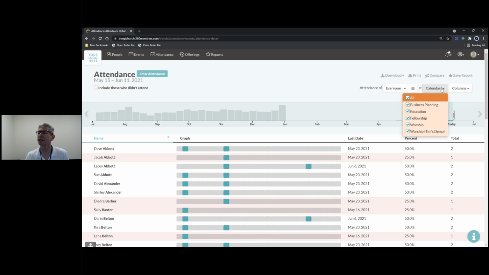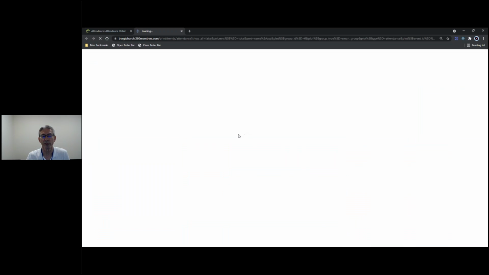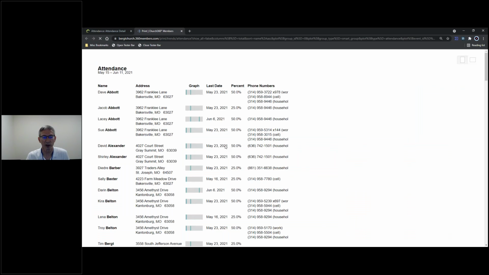This is showing us the calendars, all calendars. So this is including the 2 events from Tim's worship, or Tim's demo, as well as the 1 Sunday school class I just put in as well. So that's the little bar we see here. So this is showing the attendance of those individuals. We could choose to print this out as a report, and it would show us in landscape view